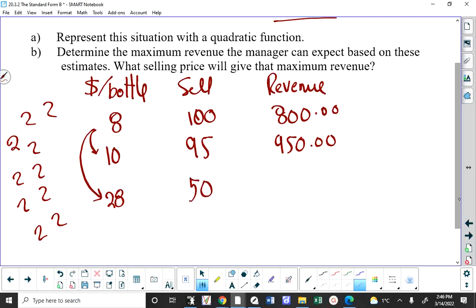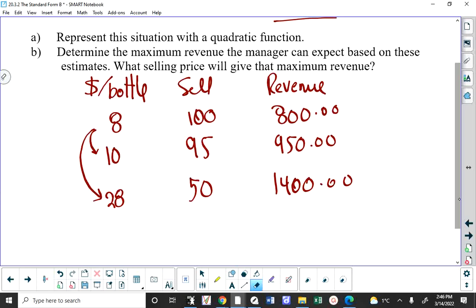What do I get when I multiply those? I believe I get 1,400. I'm still making more money. It's still going up, isn't it? What if this is not how you're going to do the problem. I'm trying to illustrate a little bit of economics to you. What if I did this? What if I went from 8 to